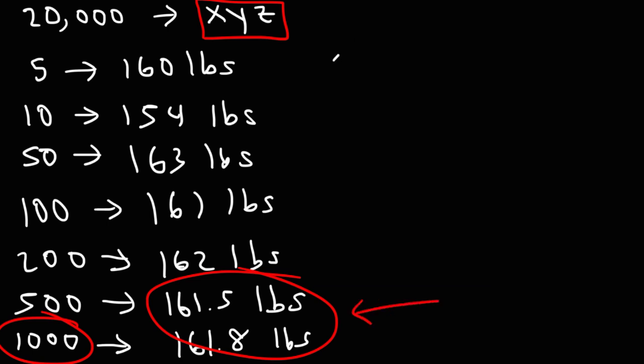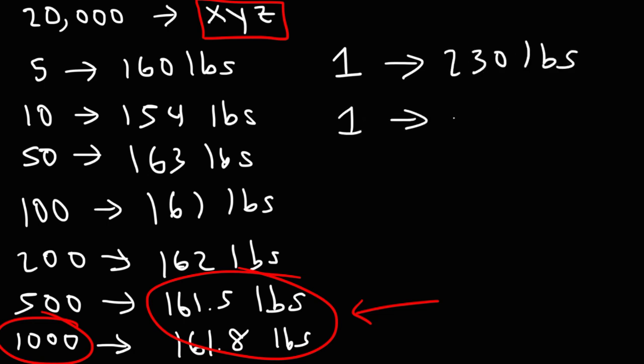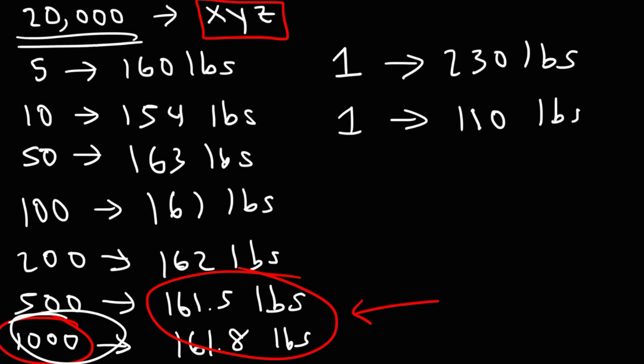If we were to select just one individual, we might get an extreme value. We may get someone who is overweight, maybe like 230 pounds, or someone who's underweight, which may be like 10 pounds. So you might get an extreme value if you just select one person, but as the number of individuals that you select in your sample increases, then the average will approximate the true average of the entire population. And so that's another example of how the law of large numbers can be used to estimate parameters of the population using samples.